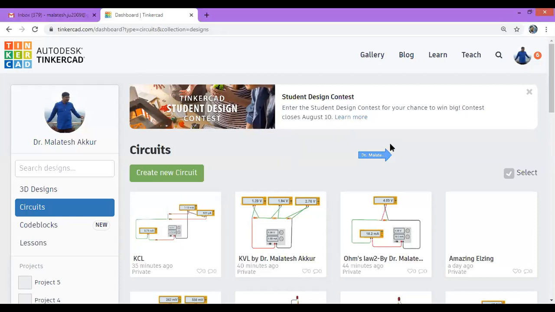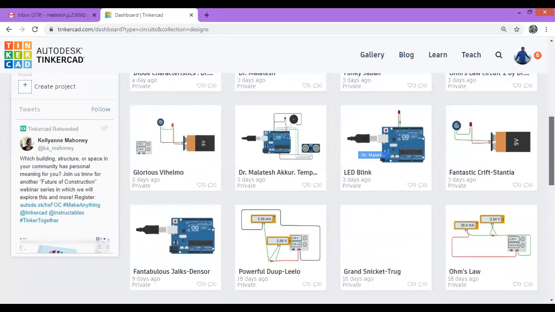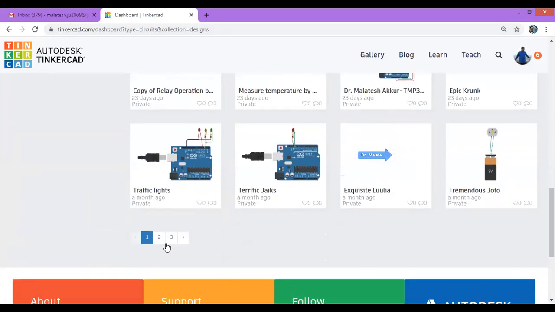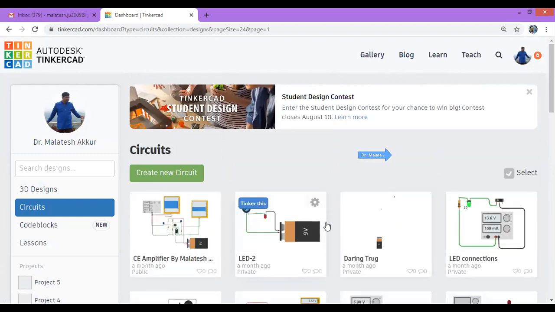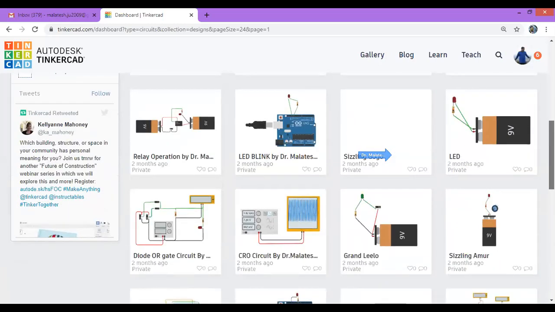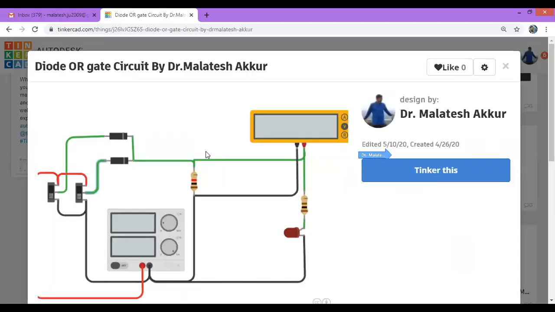Now let's see the OR gate. This is the OR gate.